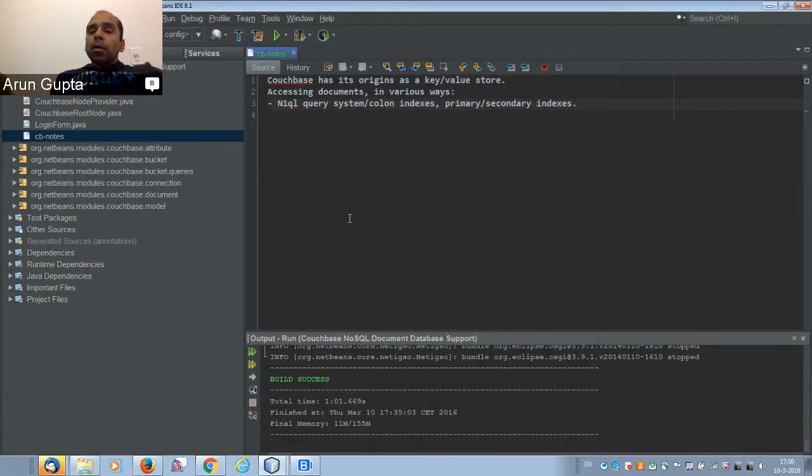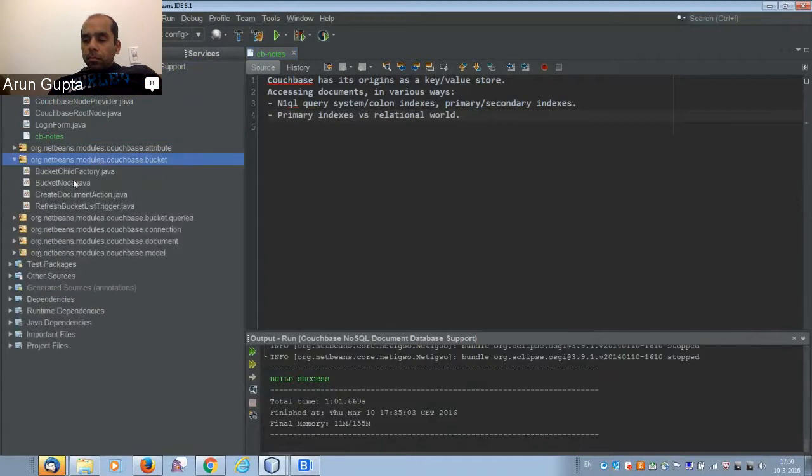Now, primary indexes are a little bit different from the way they work in the relational world, in that the primary index is simply a way of doing a sequential scan on the database. Now, sequential scans are sort of terrible and not very performant, and you want to avoid them, but sometimes you can't avoid them. If you're doing ad hoc querying, if you don't know what your indexes should be yet, you need a primary index to be able to iterate over the documents. So the primary index is sort of the thing that you start with, but not something you necessarily want to use in production. It allows you to go over every document in a bucket, but you never ever want to do that in production.